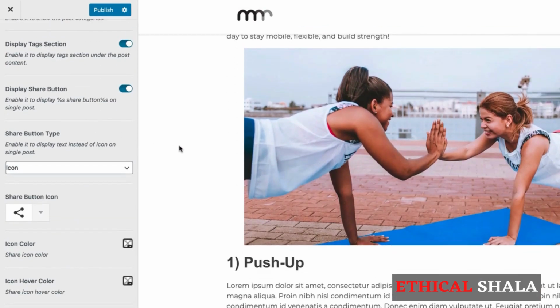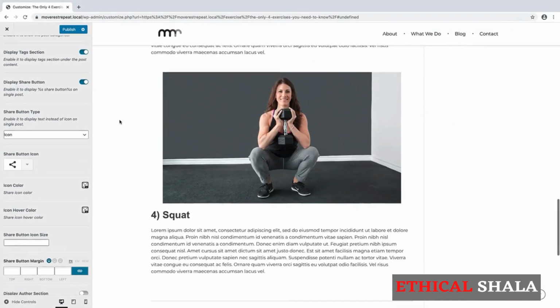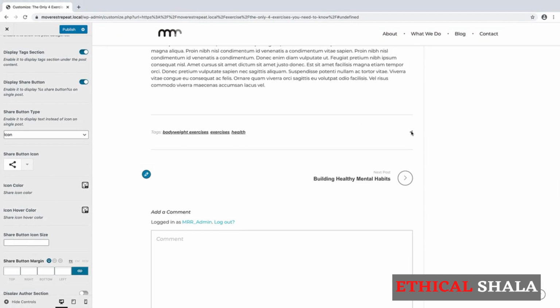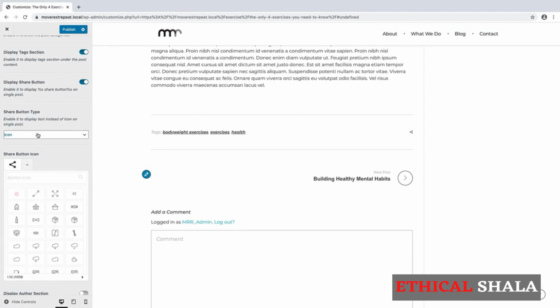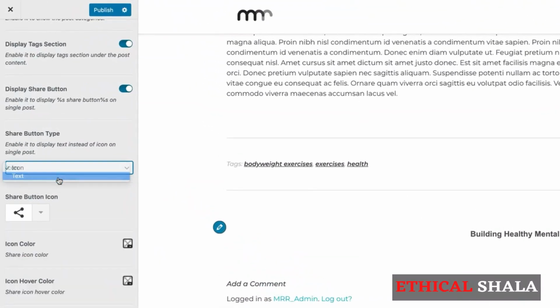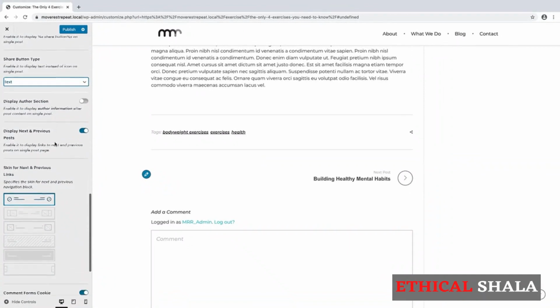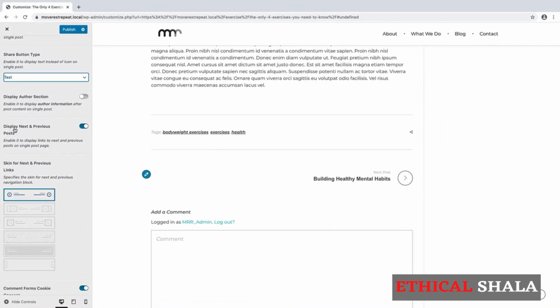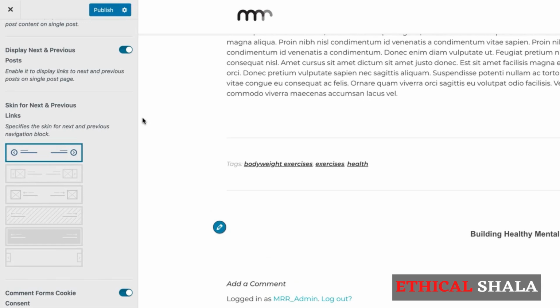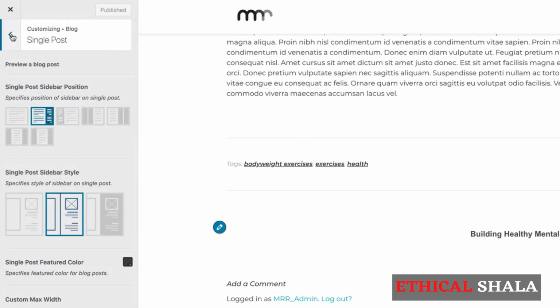Down here at the bottom, we can configure how people share our blog post. Here's a little share icon. Some people might not know what that is, so let's actually take this and change it to text. We'll leave Display Next and Previous Posts on, so when somebody's looking at a single blog post, they have easy access to the next post. And that's it. Let's click Publish up here,